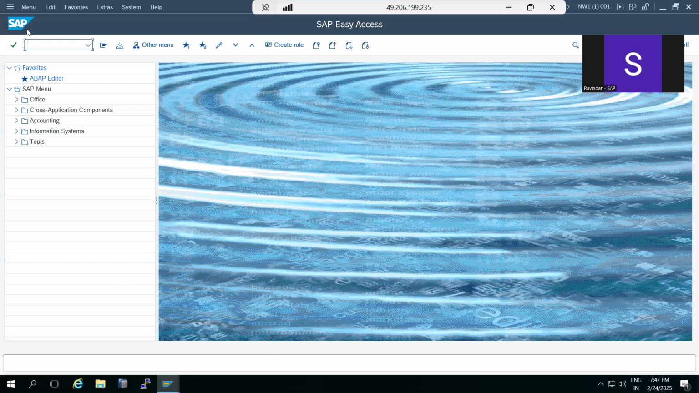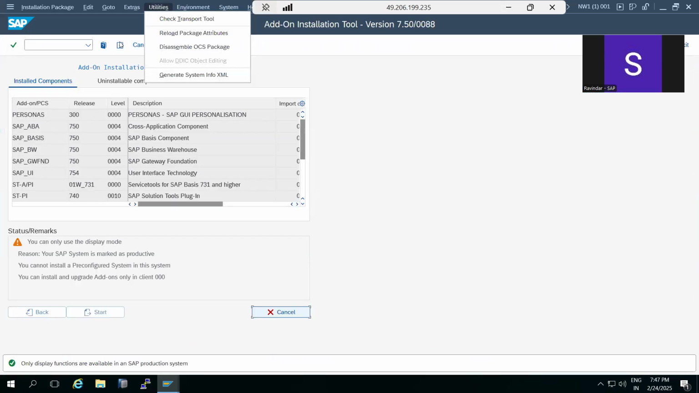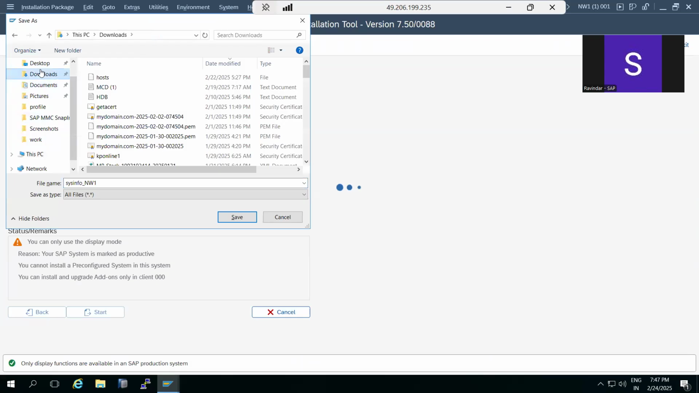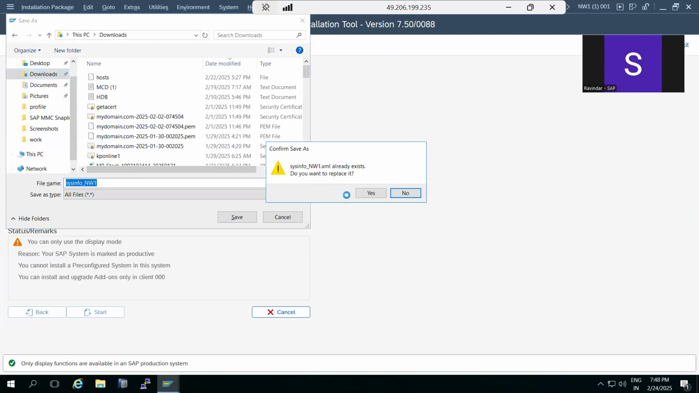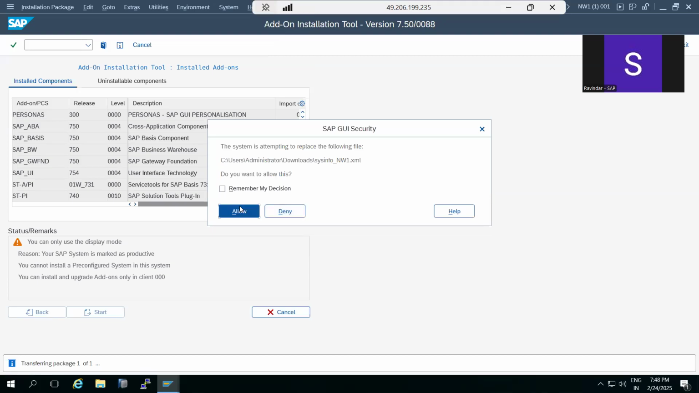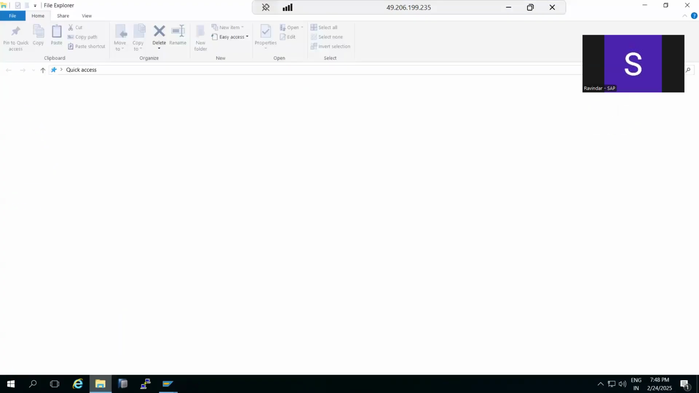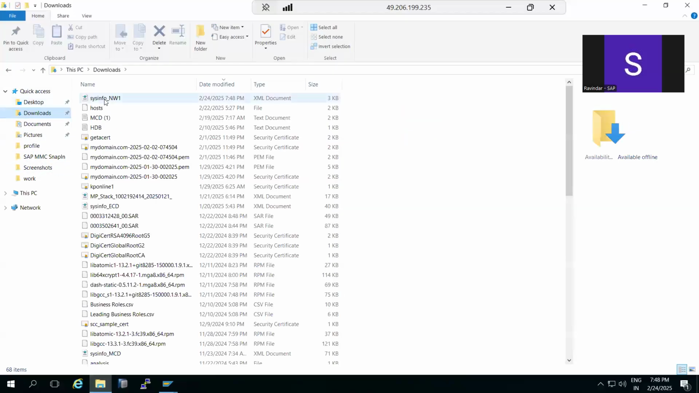In case you don't have the Solution Manager, you have to go to the SAINT transaction code, right? In SAINT, generate the system information. Since you don't have the Solution Manager here, right? Then download the systeminfo.xml file from your SAINT transaction code utilities, right? Once it is downloaded,